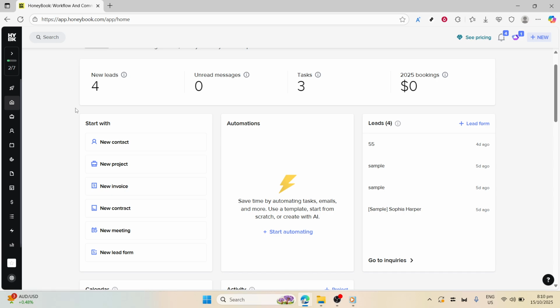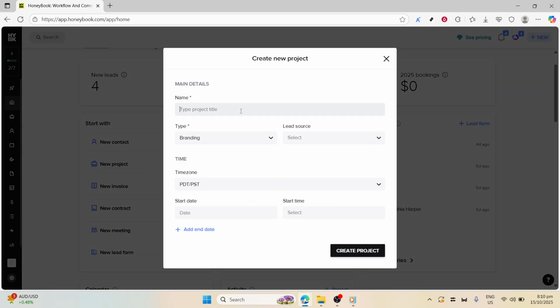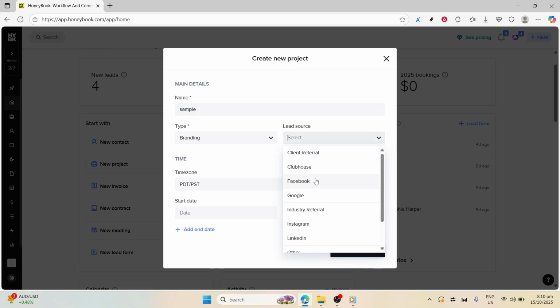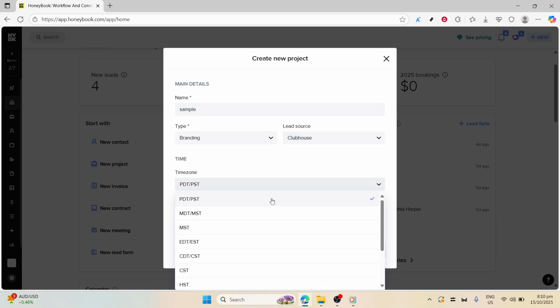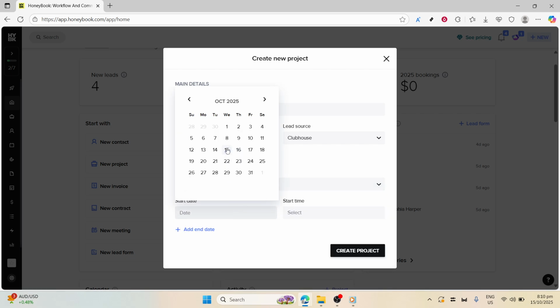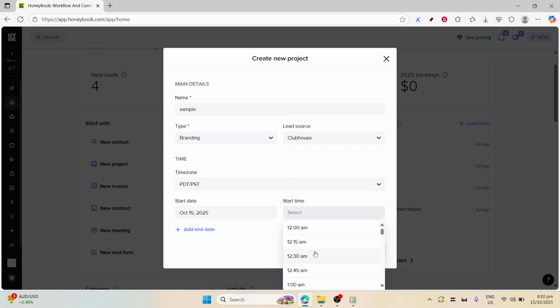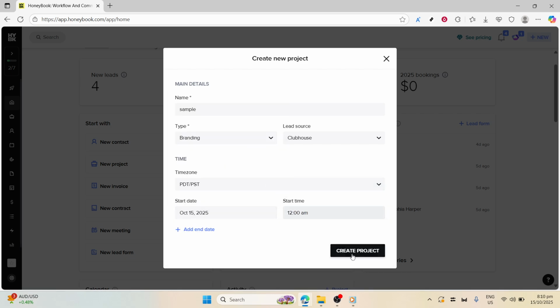First up, we're going to create a project. Think of this as the cornerstone of your HoneyBook experience. By creating a project, you set the foundation for all the activities related to a specific event or client. To start, simply add in your client's name and all relevant event details. This might include the event date, location, and any special notes or requirements that your client has. Essentially, this is where you'll keep all the critical information together, ensuring that nothing slips through the cracks as your